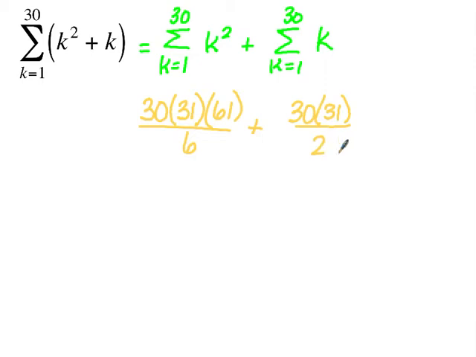We just need to calculate those. 30 times 31 times 61 divided by 6, what does that come out to be? 9,455. And then 30 times 31 over 2 is 465. If you add those two together, your answer is